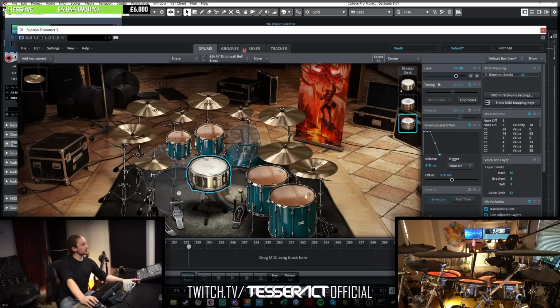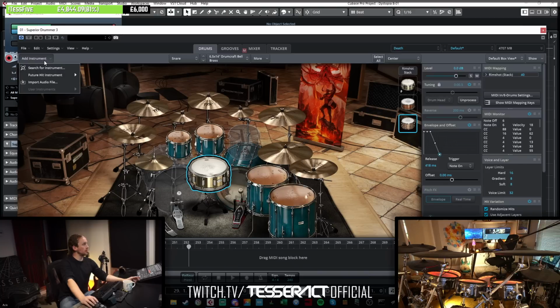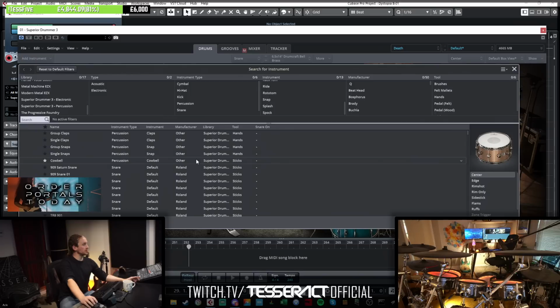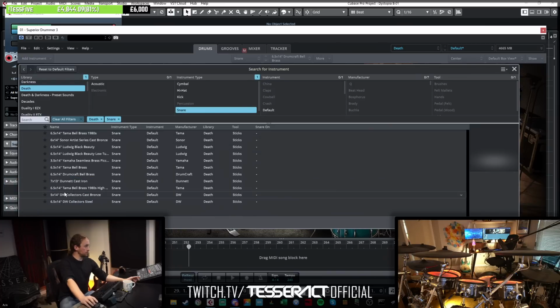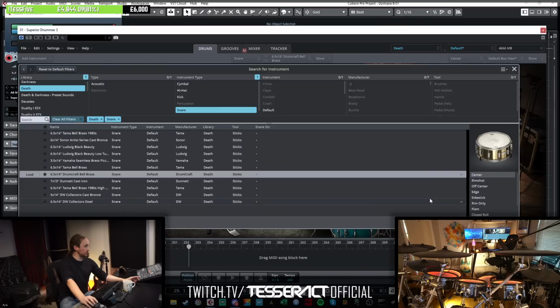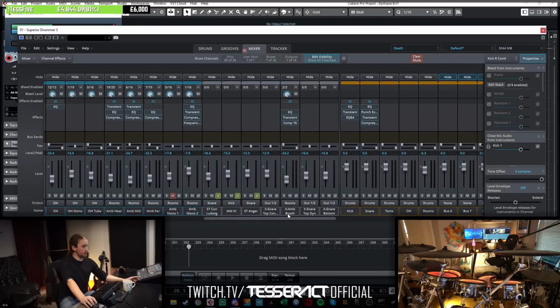We could try it. Let's do a save. We can always undo it. So how would I do that? Add instrument. It used to be the same snare drum. It's a death kit, and it was snare drum. Which one was it? I can't remember which one it was now. That one, I think. You want the center. Why does it put them out of? Yeah, so we call that